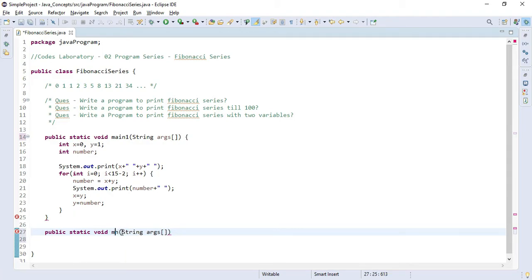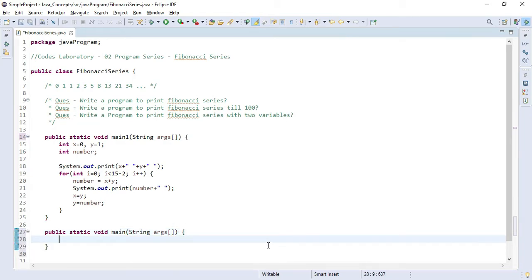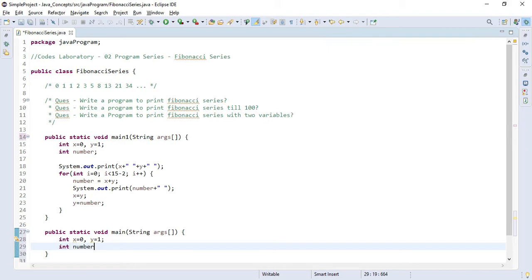This will be main. Over here we will first create two variables as we have done earlier for the first two values, like this. Then we will create another variable which will be our number of integer type.